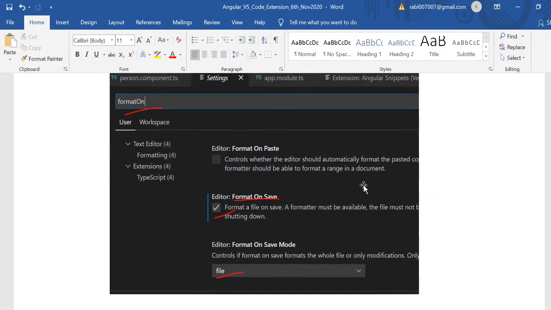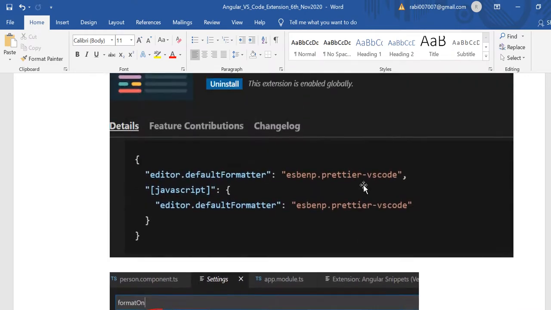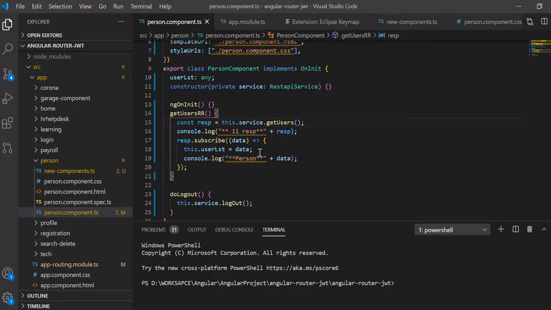So to make that readable, I can write Control Shift F and it will be done automatically. Instead of Control Shift F, when you are writing code, after Control S or save, it will format automatically, right?